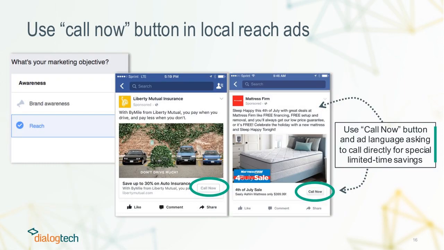One of those call to actions actually is the Call Now button that you can use in a local reach ad. So this is something that you can take advantage of as the Call Now button, but you also need to think about using Call Now language in your ad copy, right, or in your link text, or what have you. So it's kind of framing the whole message of your ad to incentivize people to call,